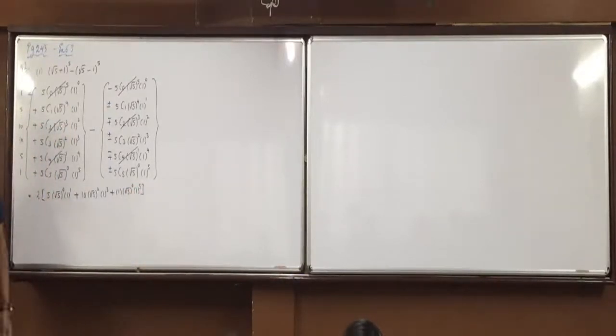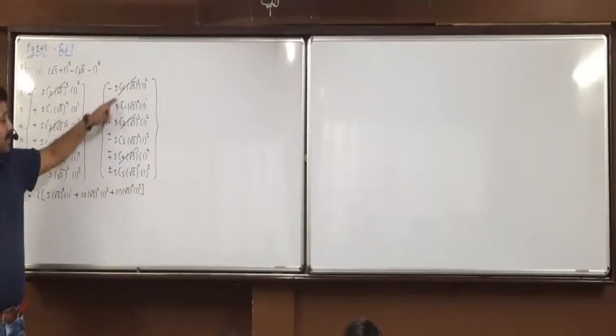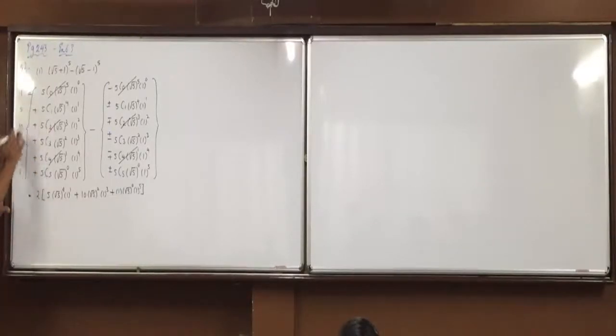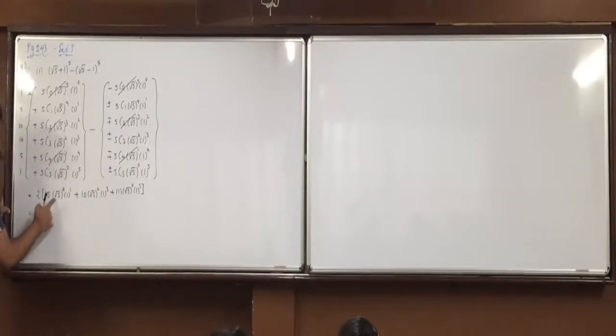I repeat it one more time, and if you're not clear, then raise your hand. First of all, negative numbers get cancelled. So first, third and fifth get cancelled. Now second, fourth and sixth are appearing 2 times in both the brackets. So what do I do? 2 multiplied by non-cancelled numbers. Okay, what do you do in the next step? 2 multiplied by non-cancelled numbers. And regarding the non-cancelled numbers, these coefficients I have written on the left side. So the non-cancelled numbers' coefficients are 5, 10 and 1.